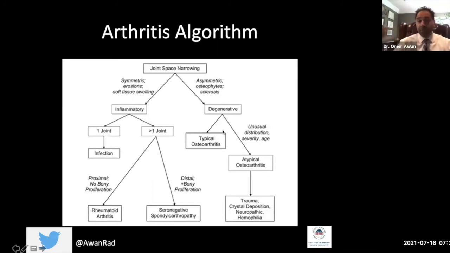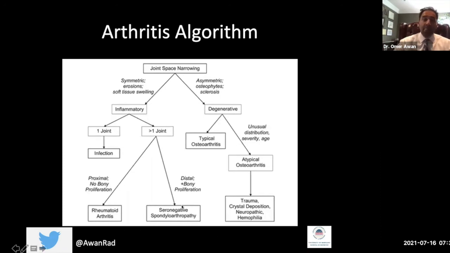You can sometimes have atypical arthritis, which we talked about. Inflammatory arthritis, if it's one joint, it's septic arthritis until proven otherwise. If it's a systemic disease and there's more than one joint, it's either RA or the seronegative arthropathies. Remember, RA has more proximal distribution. The seronegative arthropathies tend to have more distal distribution in the hands. And remember that periostitis or fluffy new bone formation or whiskering is only seen in seronegative arthropathies and not rheumatoid